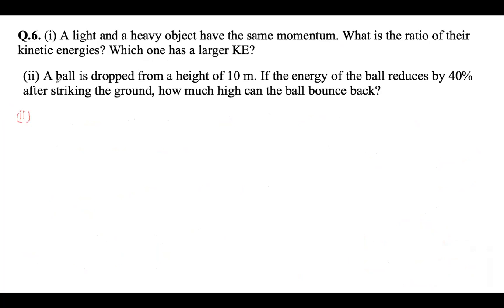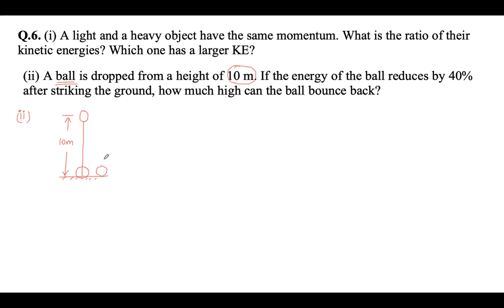Second part is: a ball is dropped from a height of 10 meter. If the energy of the ball reduces by 40% after striking the ground, how much high can the ball bounce back? So the ball is dropped from a height of 10 meter, it comes here